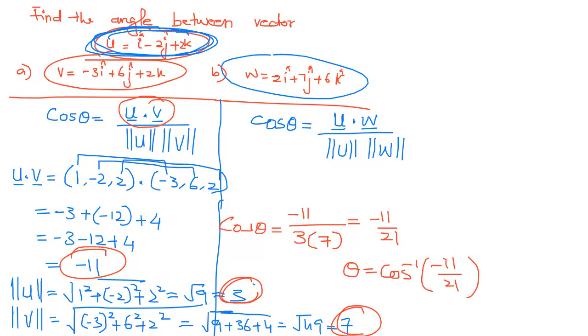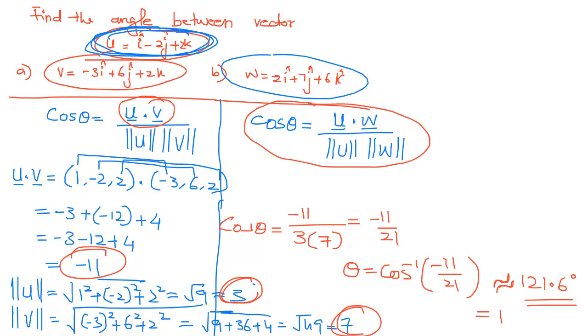Okay. So from the calculator, Abdullah, can you calculate now and tell me? This is the same. So this is equal to 121.6 degrees something. You can calculate. Similarly, in this case, you can find 121.558. You can write it as 121.6, so that's why I write approximate here. If you want to write the exact value, you can write 121.558 degrees.